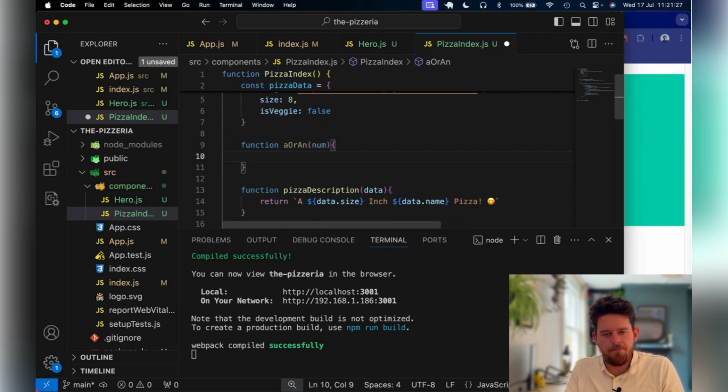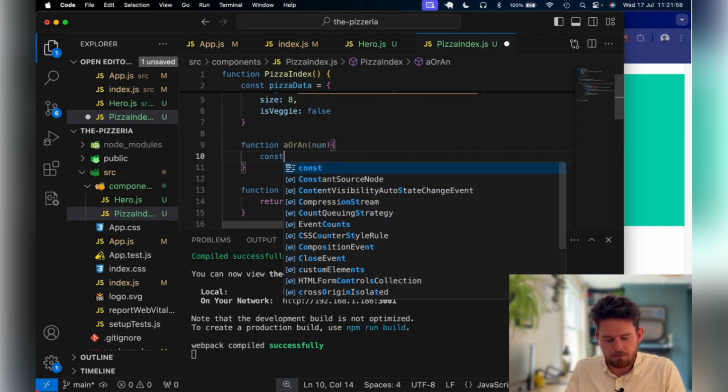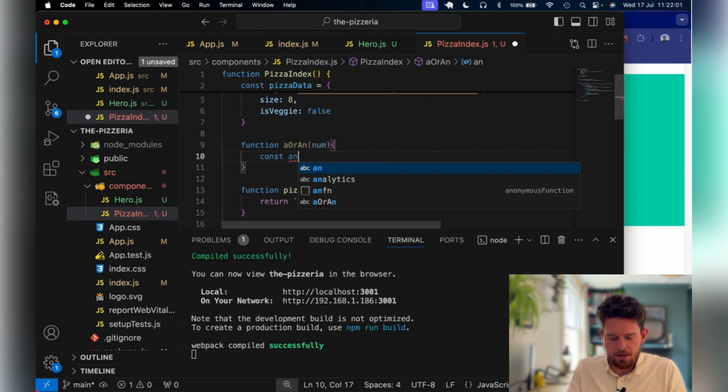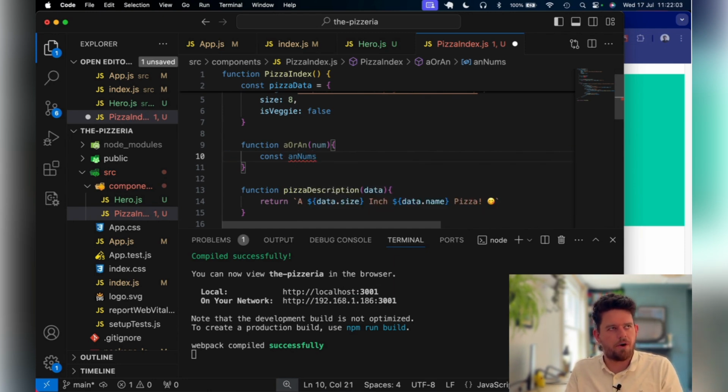And inside here, I'm going to write an array of all of the numbers that will require "an", and then we'll say if that array includes num, then return "an", but if it doesn't, then "a" is fine. Of course, there's probably multiple different ways of doing this, but this is a nice simple way of doing it. So we'll say const, and I'm going to call this anNums, because it's nums that require "an",